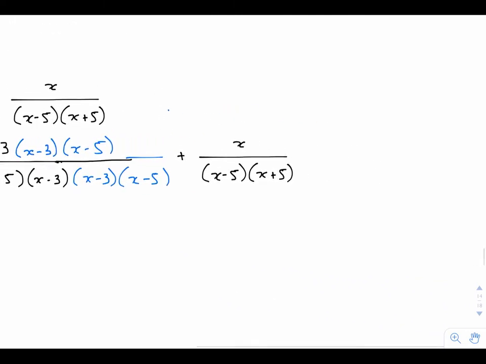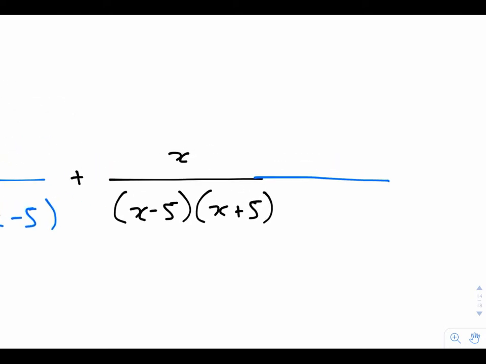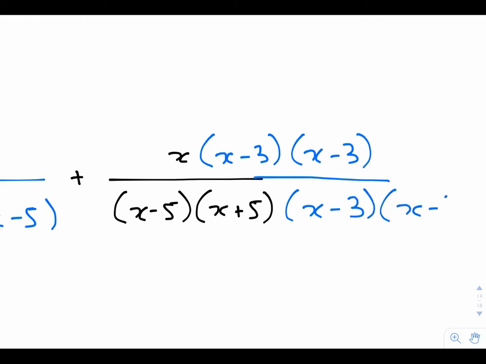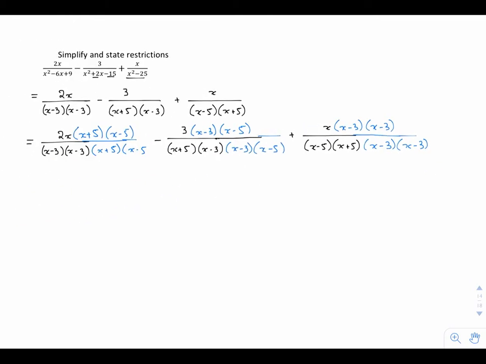So going over here, we're going to extend this line, and I'll put x minus 3, x minus 3. If I wanted to, I could have written x minus 3 squared, but I just want to make these factors explicit. So, very unwieldy